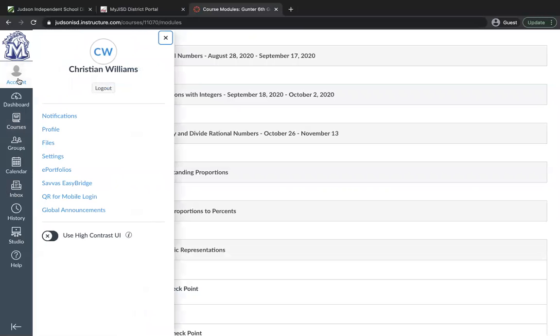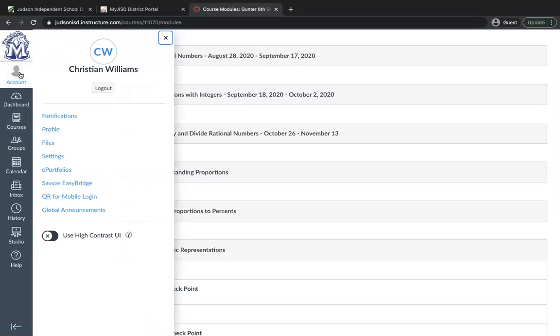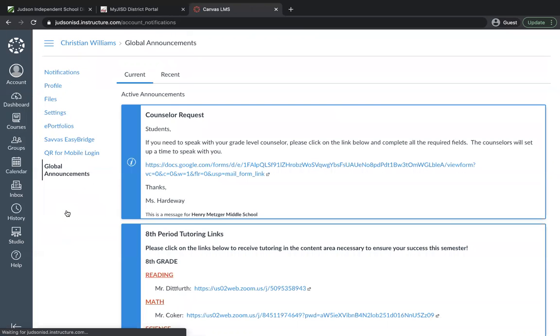I do want to pull up his global announcement. So if you click on account right here, you can see who he is. Hello, Christian. Thanks for letting us borrow your Canvas. And then there's all of these options. I don't know what they all do, but that's not a big deal. You want to know about these global announcements right here, because a lot of our information goes to their global announcements. So if you click on global announcements, you'll see the